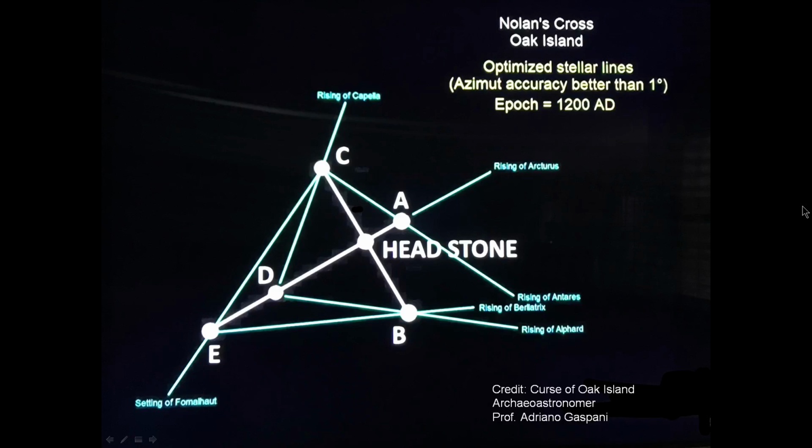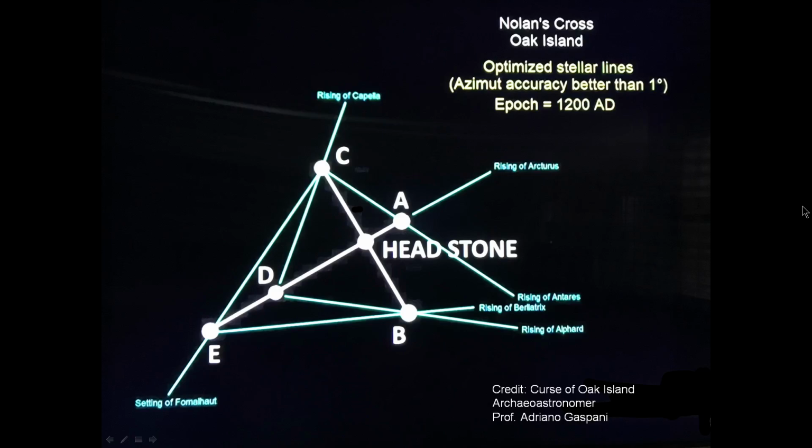Now, this corresponds to Zena theory, which states that the Knights Templar came to North America around that time. And it also gives us a little insight, and I'll show you later on, through the sequencing of